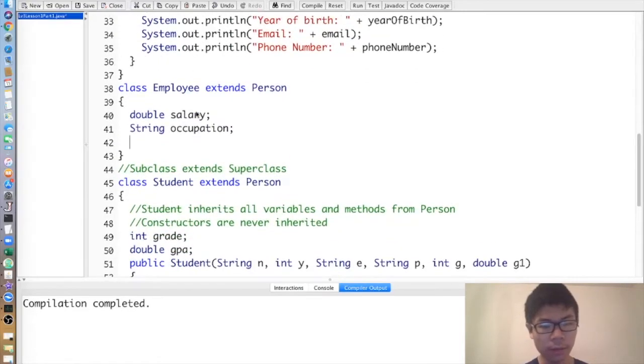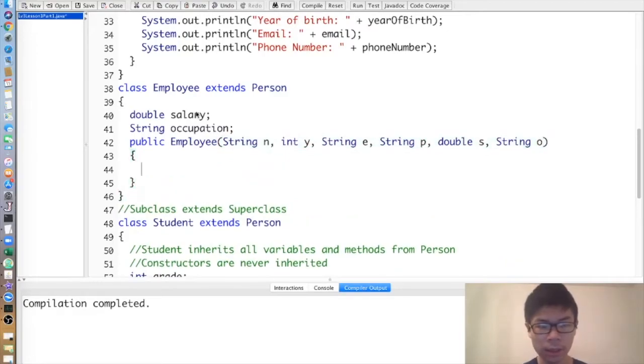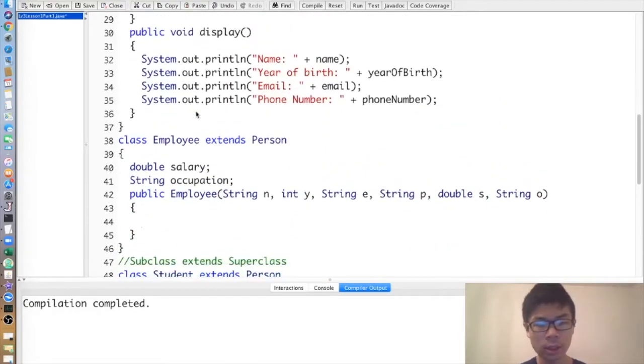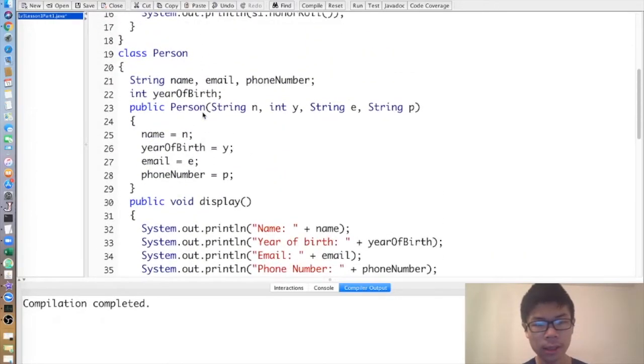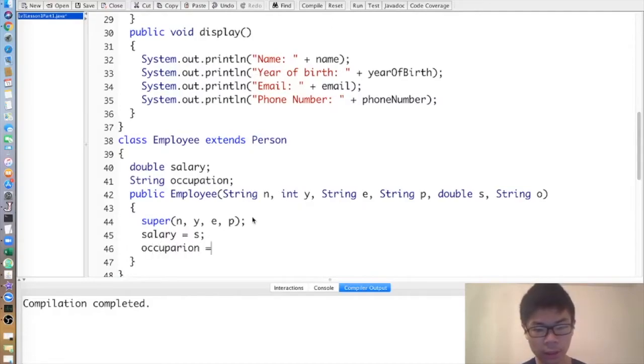And then, of course, a constructor. Again, it needs to take in name, year of birth, email, phone number, and this time salary and occupation. And again, just like the student class, I can just do super of n, y, e, p, setting the name, year of birth, email, and phone number variables, and then salary equals s, occupation equals o,